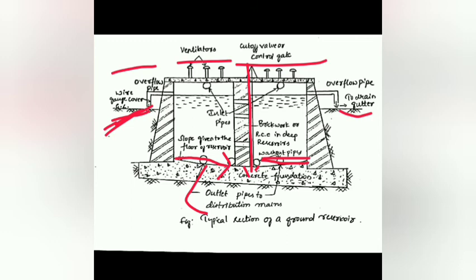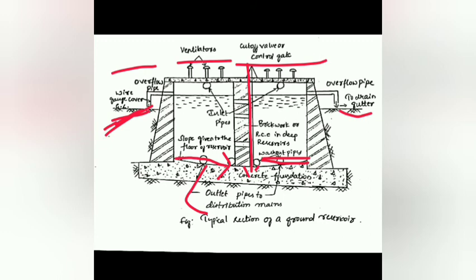Sometimes we know in water, some particles such as grit and sand particles may be present. As time passes, they may settle to the bottom. In order to take out that sludge, washout pipes will be provided. Since sloping is provided, it automatically comes to the center and towards the washout pipes from where it is taken out.